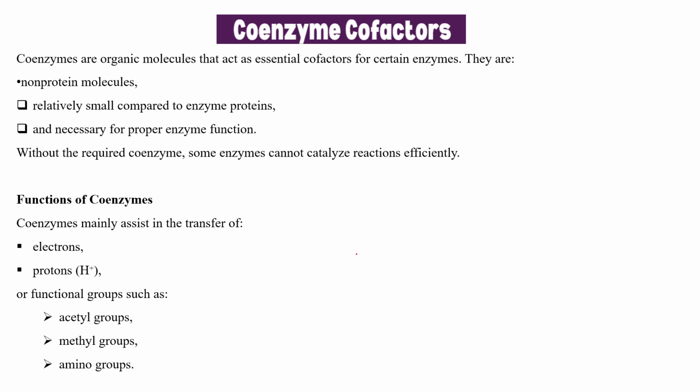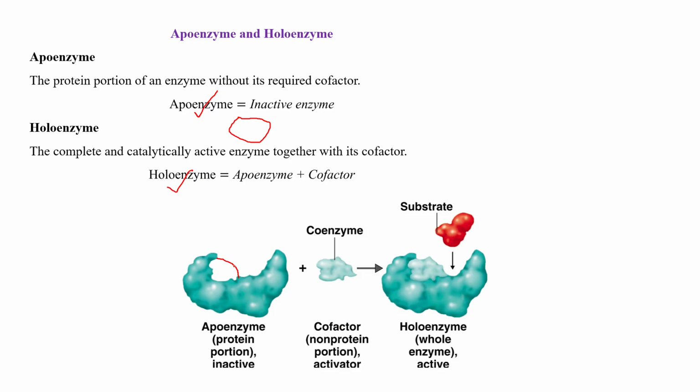Now let me move back to the same thing, but let me explain this one. They transfer electrons, they transfer protons, or they transfer functional groups such as an acetyl group, a methyl group, or an amino acid. Now let's look at something here. There's something I want to show you. This is your coenzyme. Now we have two substrates coming in to be converted to products, right? If this enzyme does not have its coenzyme in the active site, and in this particular reaction there's supposed to be a transfer of electrons from this particular substrate, let's say substrate A, to substrate B,